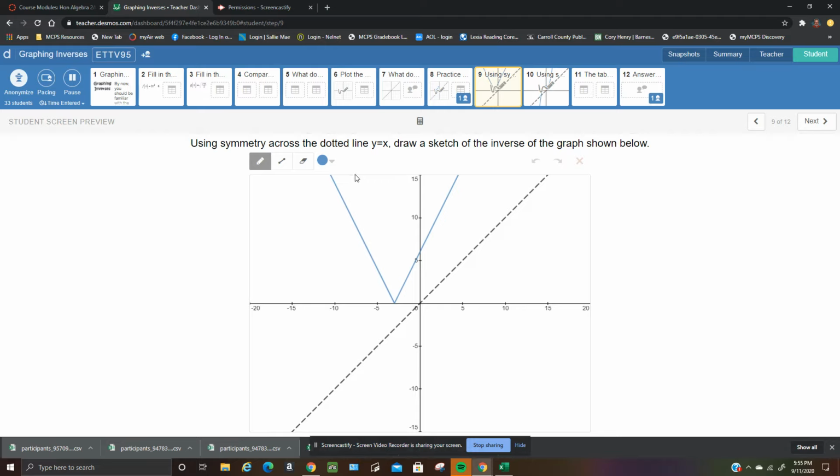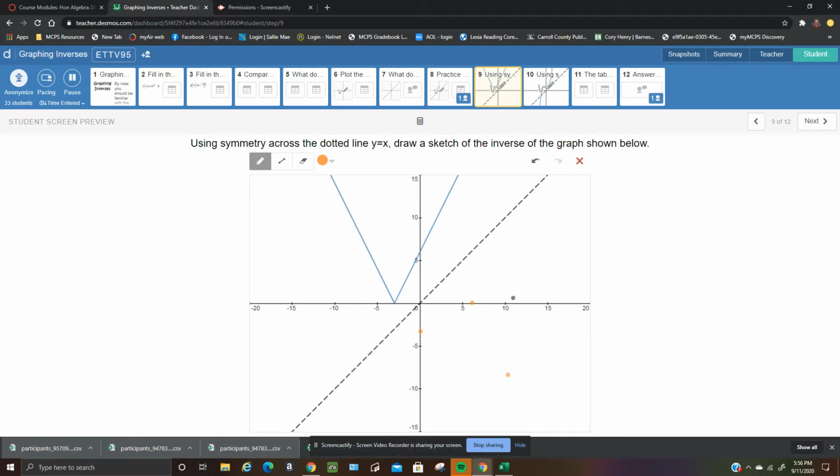And then number 9, use symmetry to sketch the inverse here. So the easiest way for me to do this is try to figure out some points on this graph. So this looks to be about 0, -3. So I would go to -3, 0 and plot a point. And this point here looks to be about 0, 6. So at 6, 0, plot a point for the inverse. And then over here, let's cut across here from 10 and see where I end up on the x here. So it looks to be about negative 7, 10. So 10, -7